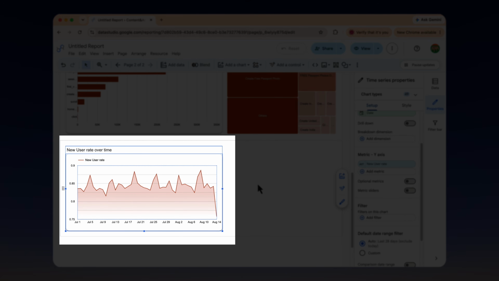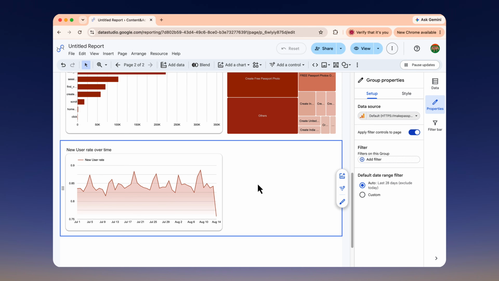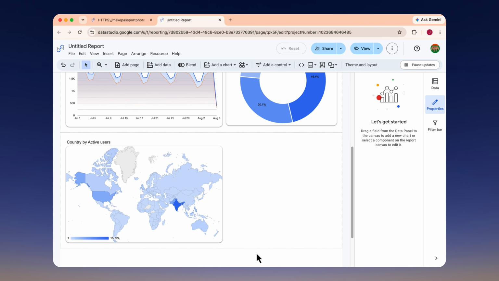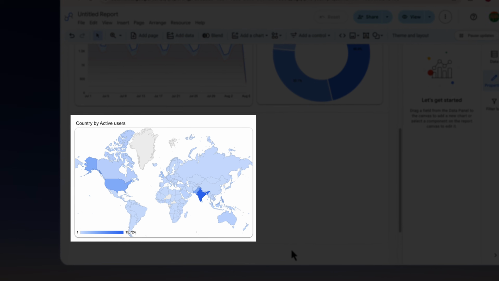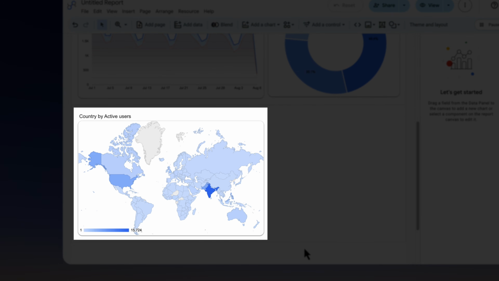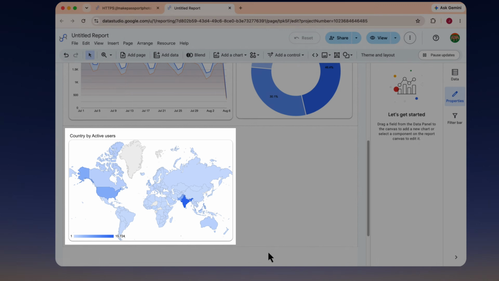Next, we can use the same approach to create a custom dimension too. Remember the geo map we created earlier? It showed us the countries our visitors came from. Let's say we don't want to look at every country separately. We just want two groups, India and rest of the world. Data Studio already knows the country for each visitor, but it cannot group those countries into these two categories. So we'll create our own dimension to tell it how to group them.